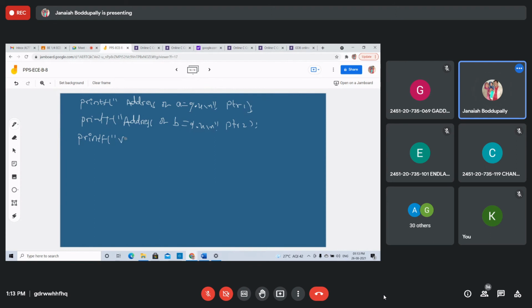printf("Value of pointer 1 and pointer 2 are %d %d\n"). Two values I'm taking. What is the value? You can write directly A also, B also, but I'm writing star PTR1, star PTR2 instead of writing A, B. Now printf